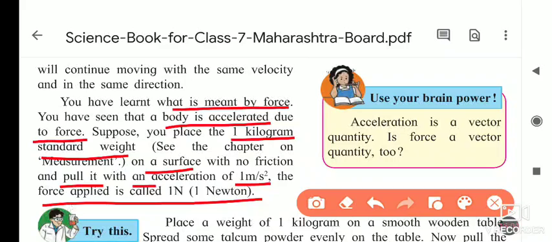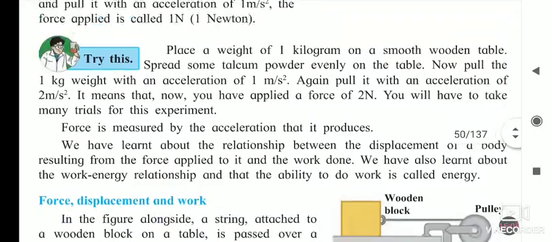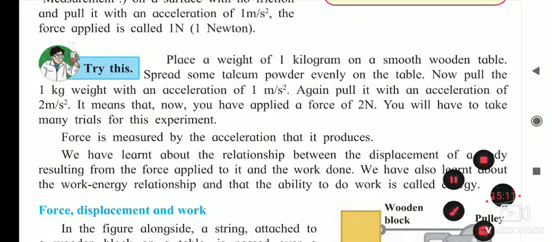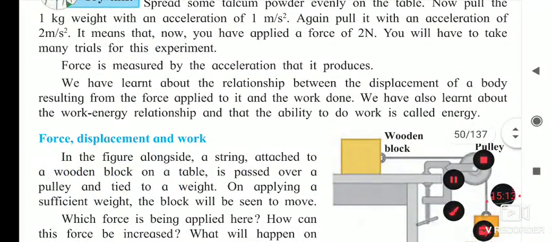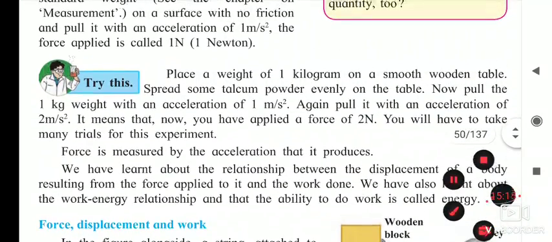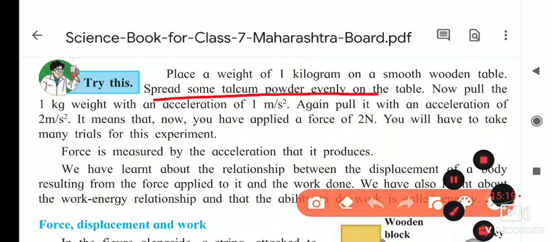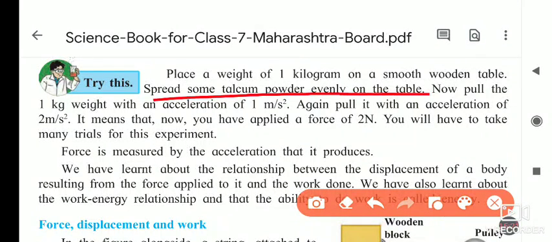And force is also a vector quantity. Okay, now here is one activity. Place a weight of 1 kg on a smooth wooden table. So we have to put the weight of 1 kg on a wooden table and spread some talcum powder evenly on the table. Now pull the 1 kg weight with an acceleration of 1 meter per second square, and again